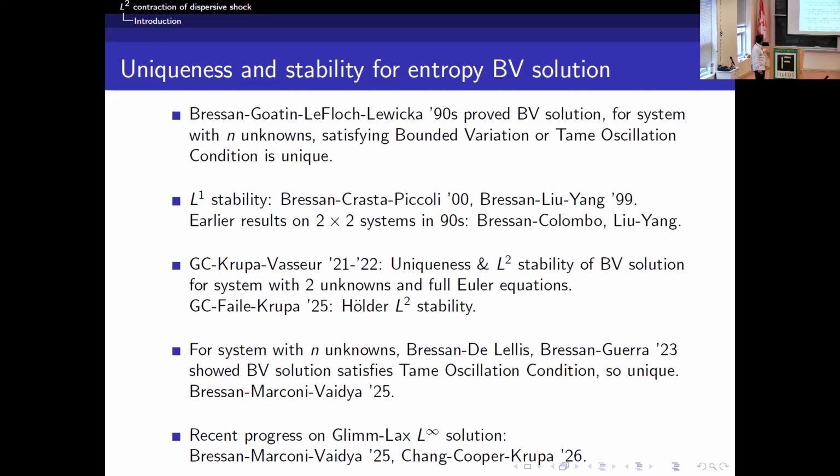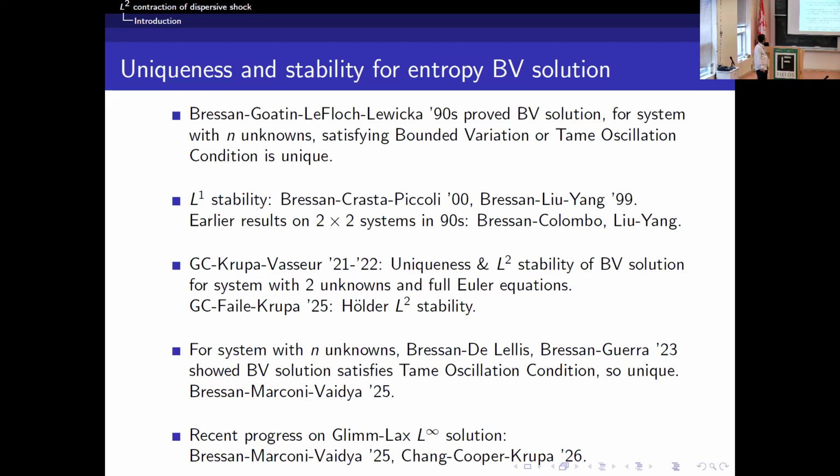Then, coming back to this one that solves the uniqueness, because we can show the bounded variation condition is always satisfied if you have a BV solution. So combining with Bressan-Lewicka, we can claim uniqueness without that condition. And this is becoming really nice progress in the uniqueness part, especially in 1D. Now we have a pretty complete understanding